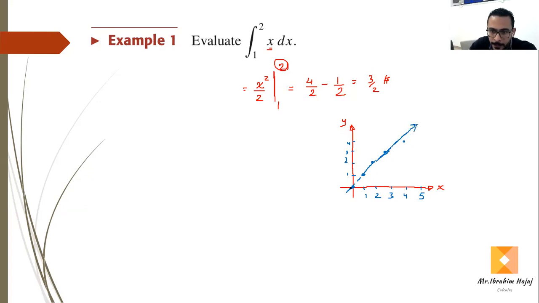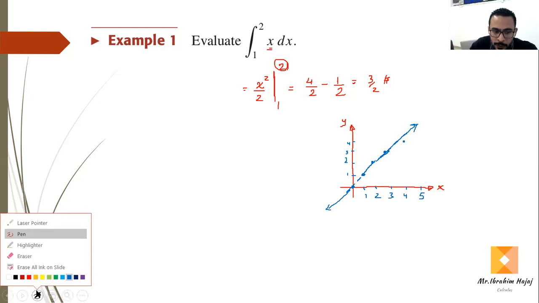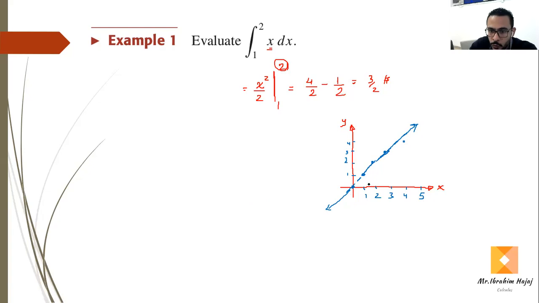No problem. When we connect here and find the area from what to what? From, pay attention, from what? From 1 to 2 only. From 1 till 2 only under this curve. This shaded green area is our goal here, our area we have to find under this line, y equals